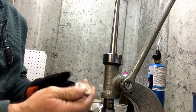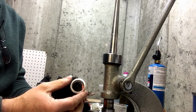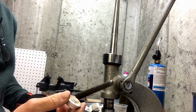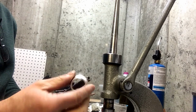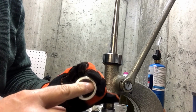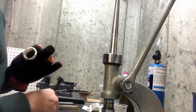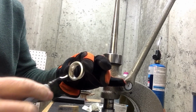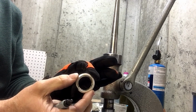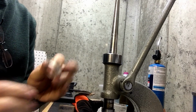So what I will do now is bring it back over to the 1-ton arbor press. We'll wrap this up, press it through the extrusion dies until we get to maybe a 12, and then we'll see how we can round the edges to make it an 11. Now these have very big, thick, reeded edges, so as my sizing gets smaller in the extrusion, I'm going to need to, at some point, take my deburring tool and cut away some of the inner material, but that's not until this kind of gets folded over a little bit more. So let me move over to the 1-ton. We'll wrap this